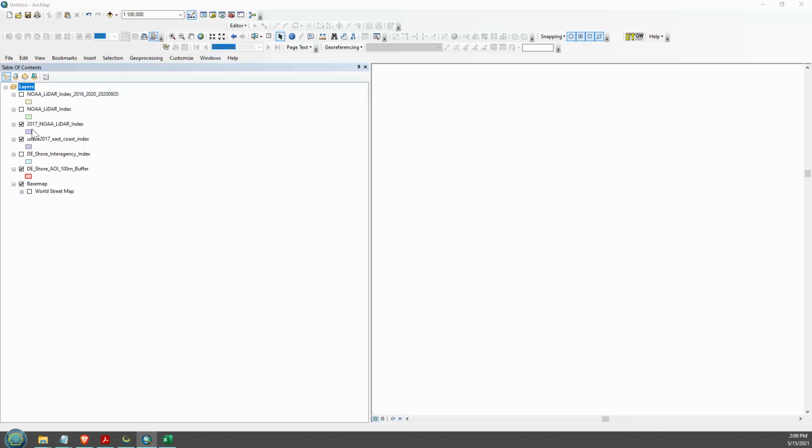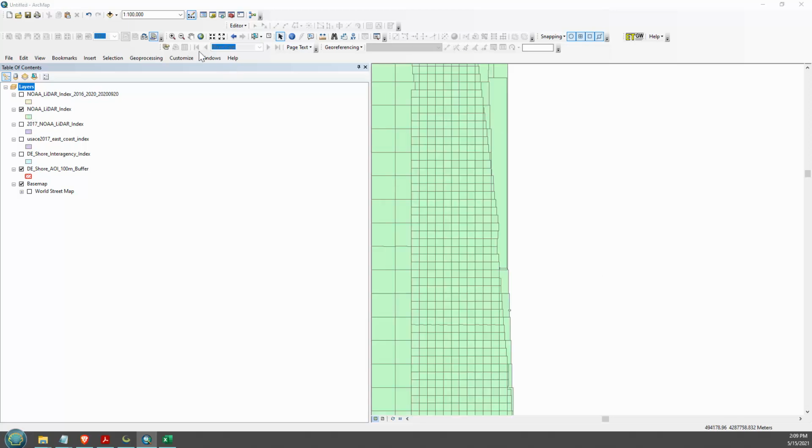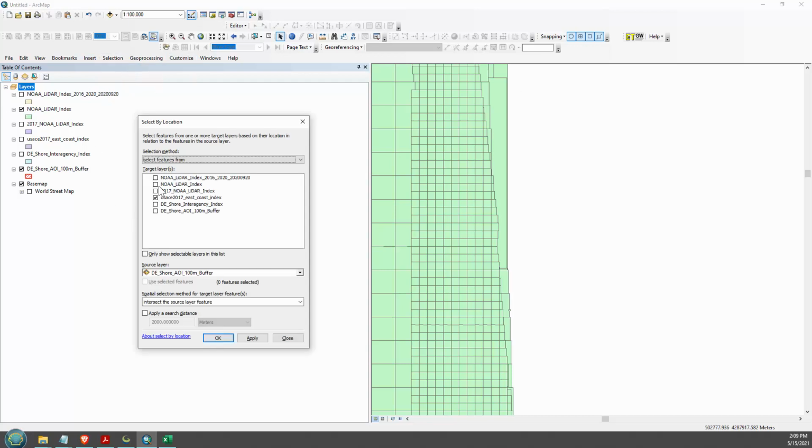I don't need the 2017. So what I would do here to get the 2014 index is, if I were going to use the entire index, I would just do a selection, select by location, the NOAA LiDAR index. The only problem is I have 2017 and 2000, and this is 2016 and beyond. I don't have a compiled, full merged one. So